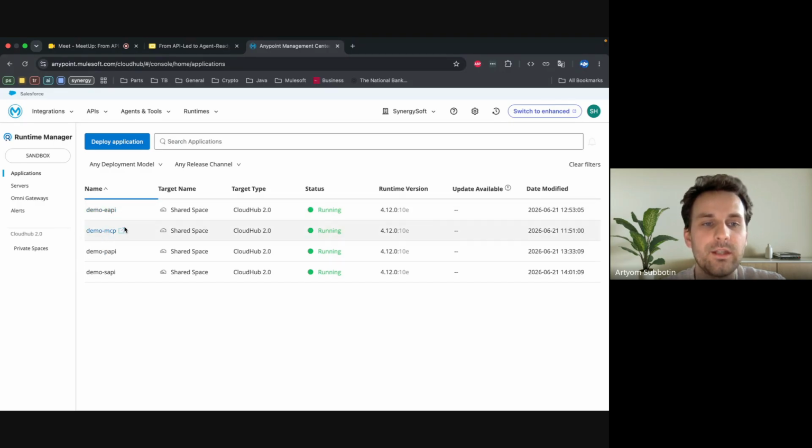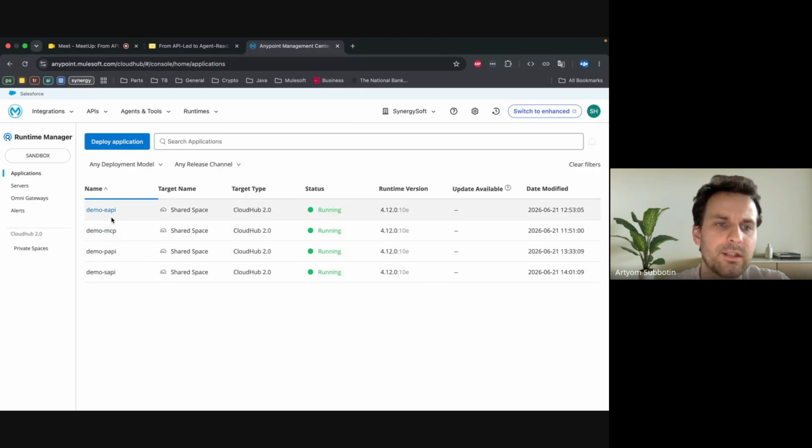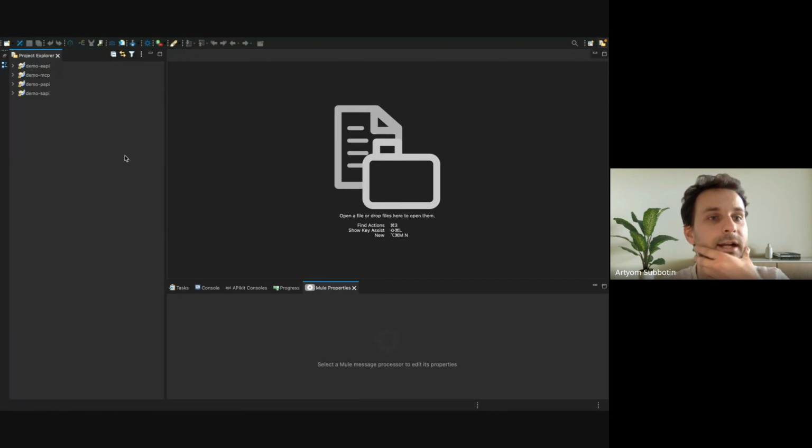It's the MCP API. You see that we did not put any layer postfix on it, because according to our thoughts, it's placed on top of the API-led approach, because it has completely different rules, permissions, and a different set of operations which will be performed under the MCP API, even in this particular case. So what is happening inside the MCP API? For this, I will show you some technical background.